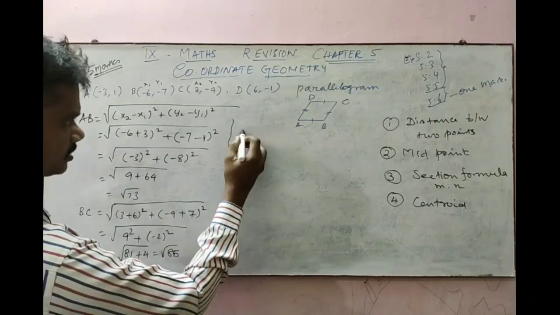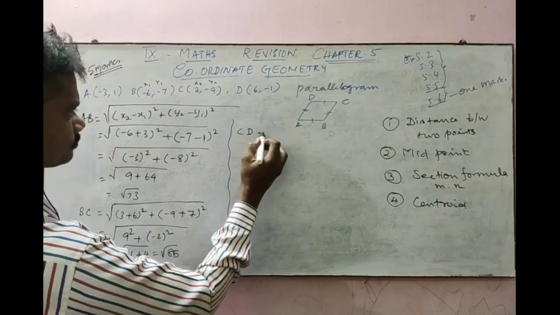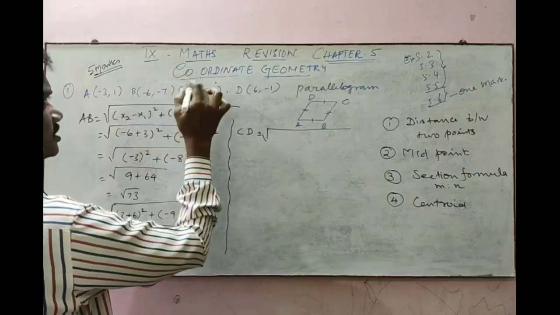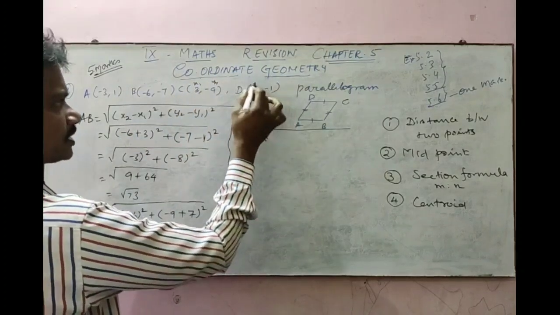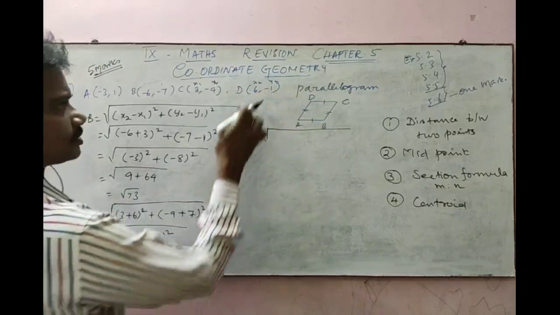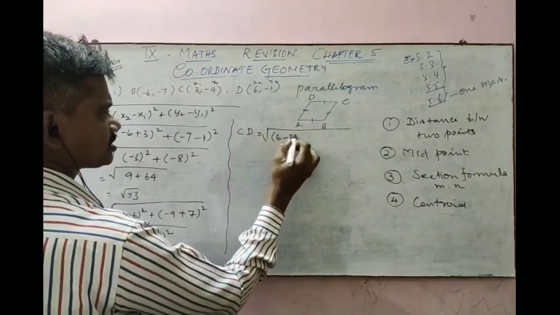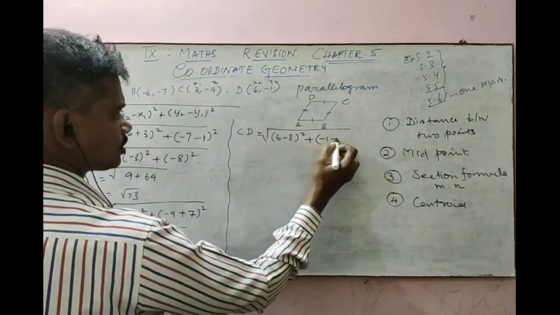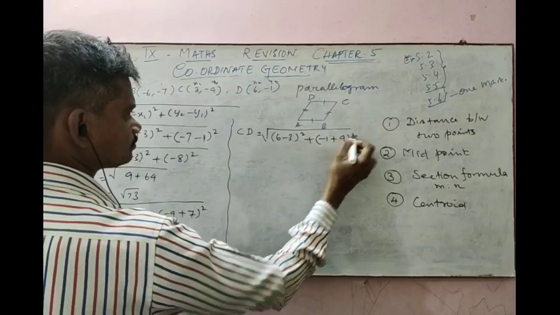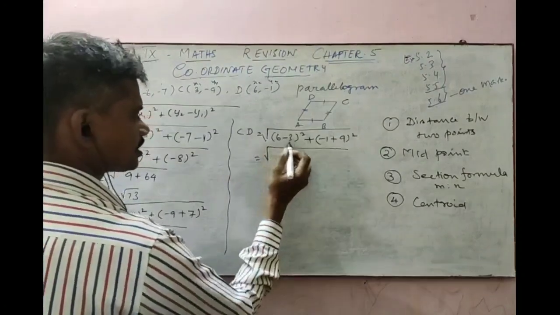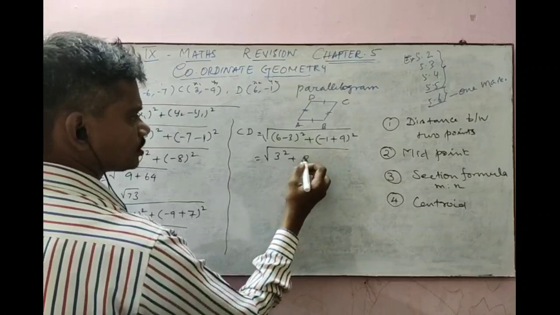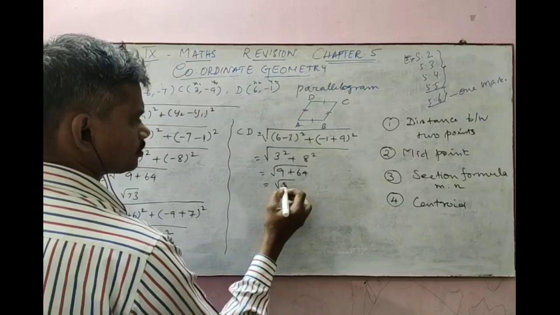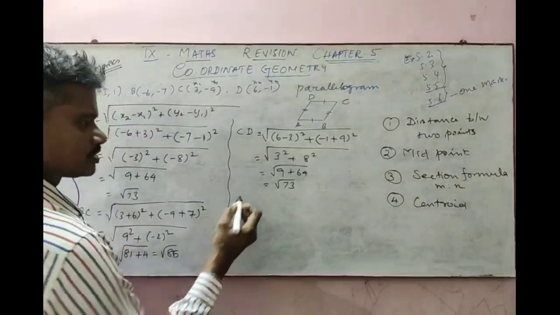Next we are going to find the distance between C and D. Using the same formula, we consider C as x1, y1 and the coordinate D as x2, y2. x2 minus x1, again 6 minus 3 whole square plus minus 1 minus 9. That means minus 1 minus of minus 9 becomes plus 9. So you will get 6 minus 3 as 3 square, 9 minus 1 gives 8 square. 3 square is 9. 8 square is 64. If you add these two, again you will get 73. 9 plus 64 gives 73.